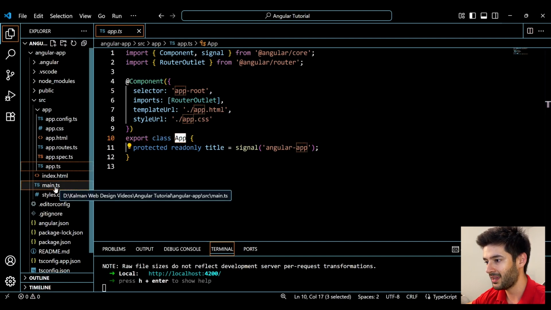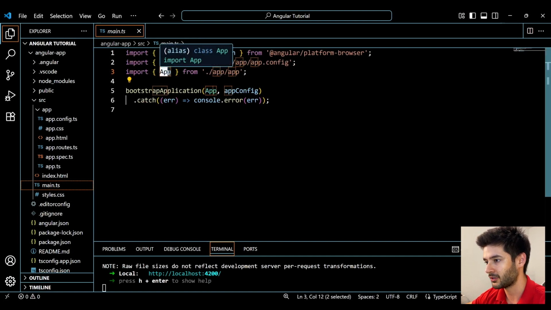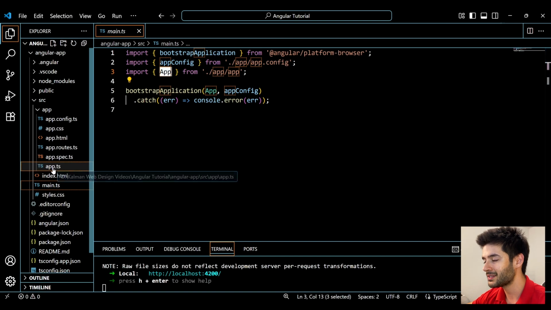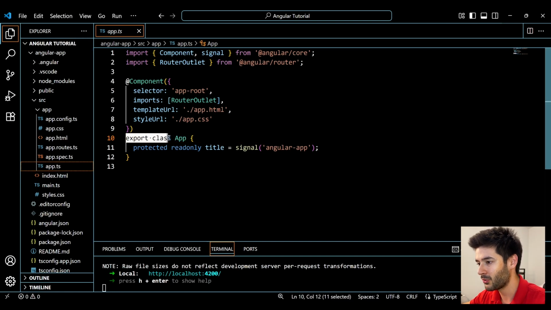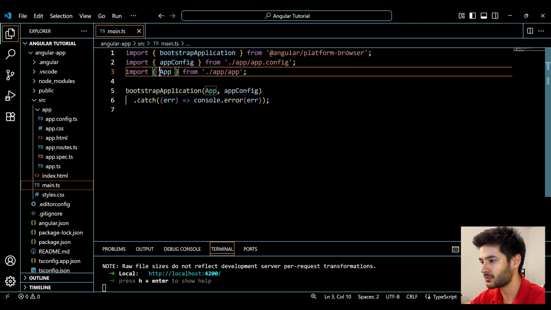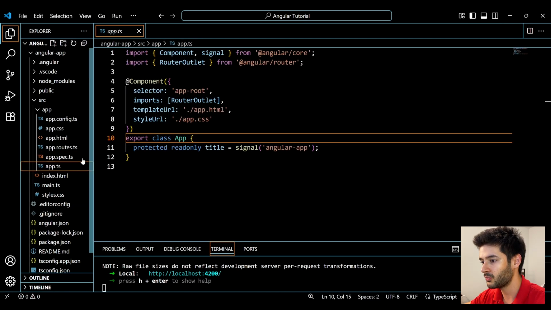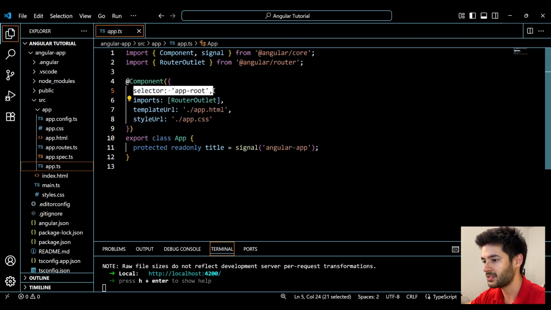So in the main.ts, we can actually import this particular app. So basically what is happening, and this can be really confusing, so just be patient with yourself, is we are exporting this class called app, importing it in our main.ts file here, and then we can use the selector inside of our app.ts